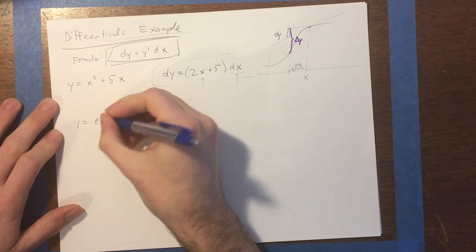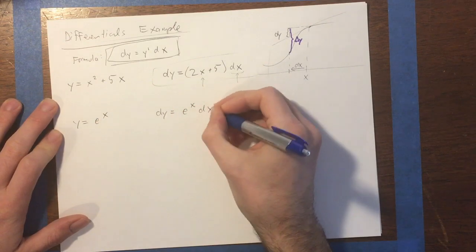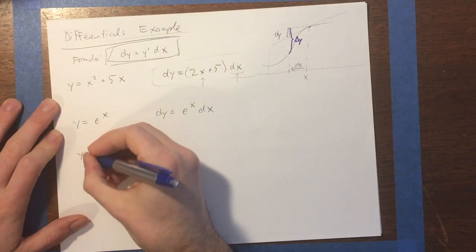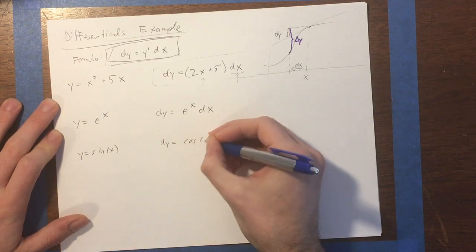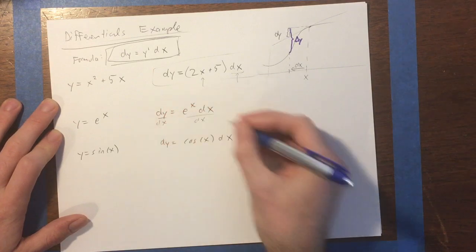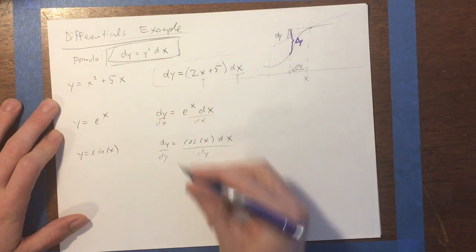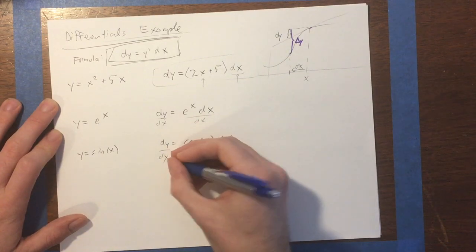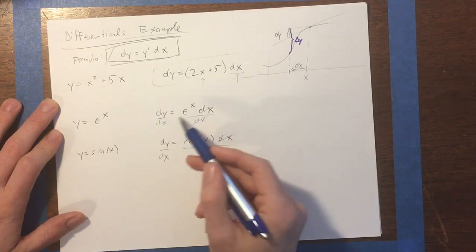If you have y equals e to the x, then your dy is just going to be the derivative of that, e to the x times dx. That's nice and easy. If you have y equals sine of x, then your dy is going to be cosine of x times dx. You'll notice if you divide by dx, the dx's cancel out, and you get the statement dy over dx equals the derivative,